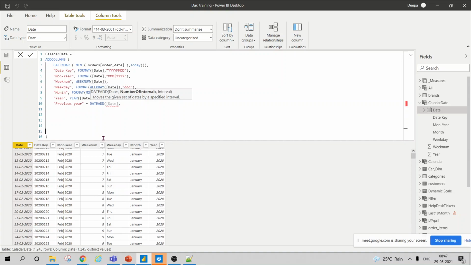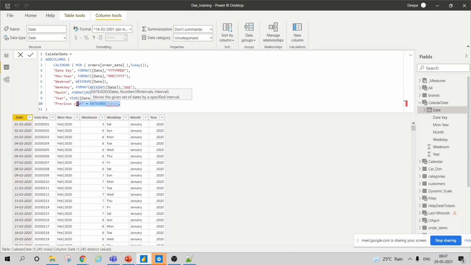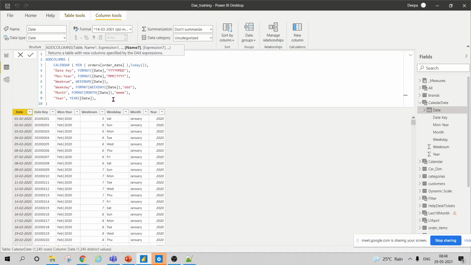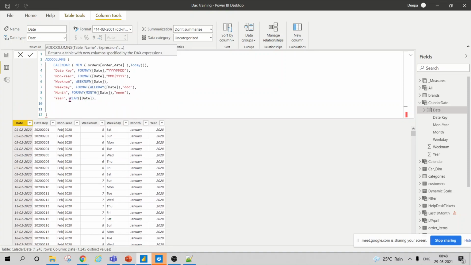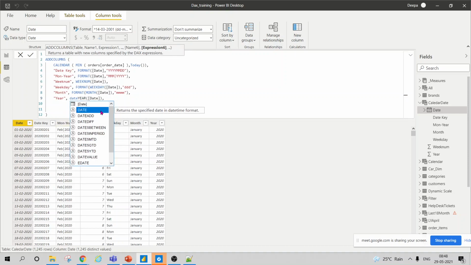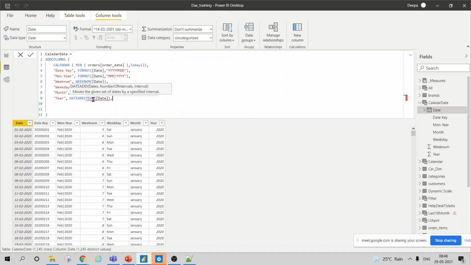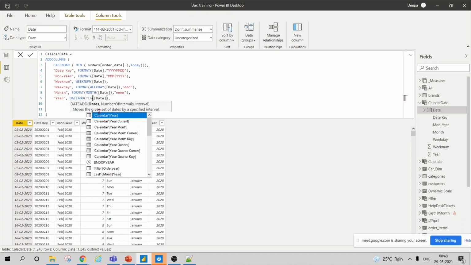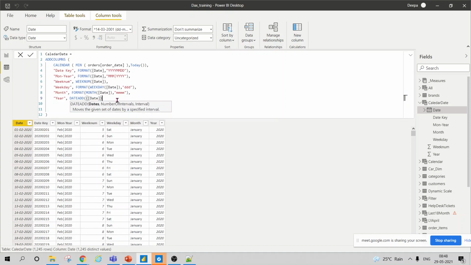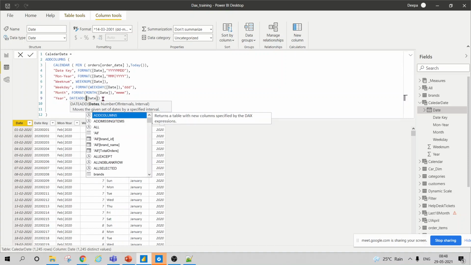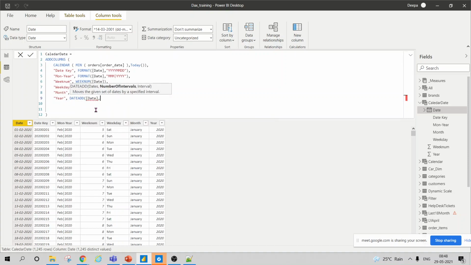Why are there a few functions which are not taking a date column? It should take it. See, it is again not taking this date column. Yeah, it is not taking that. So leave it.